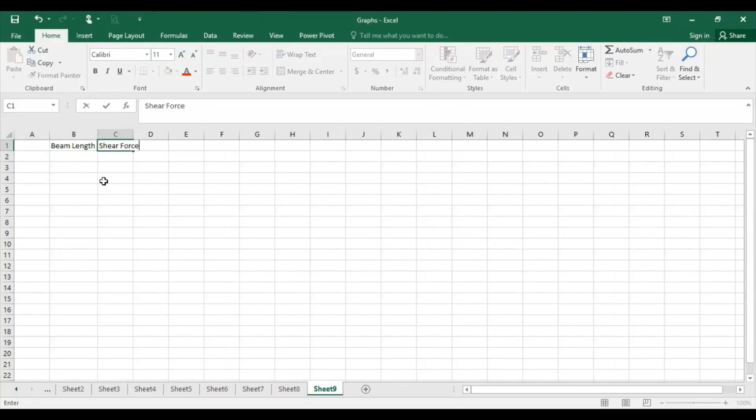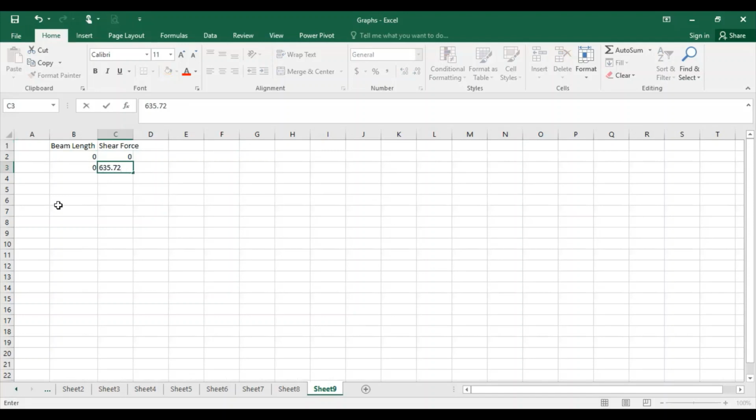How can I write the values? The first value which I have taken there, 0 comma 0. So I will write 0 for the beam length, and shear force is 0. Then the next value for the beam length is 0, and the second value is 635.72.